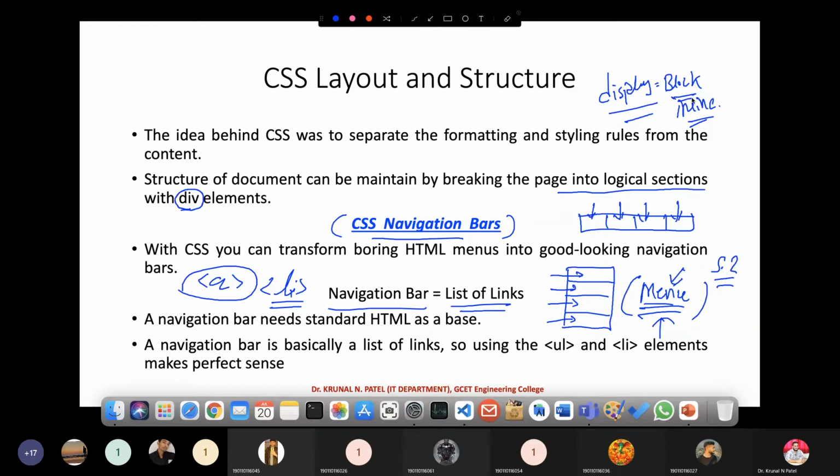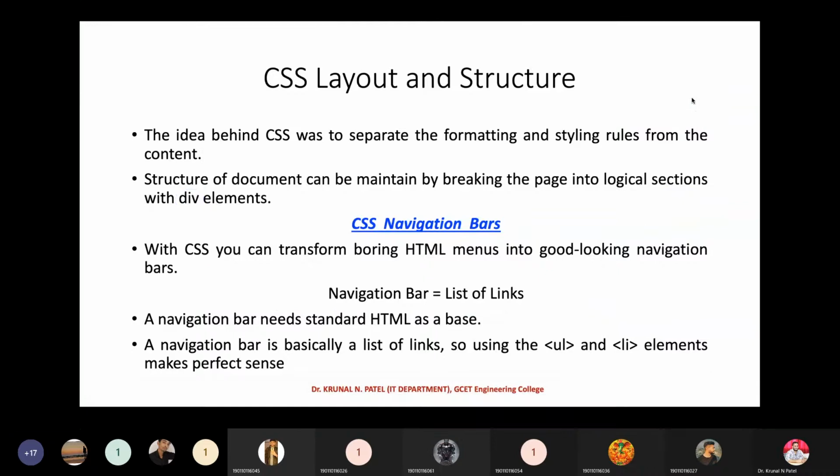By combining all these CSS properties, you can generate a beautiful navigation bar. So let's see how we can generate the navigation bar, either horizontally or vertically.